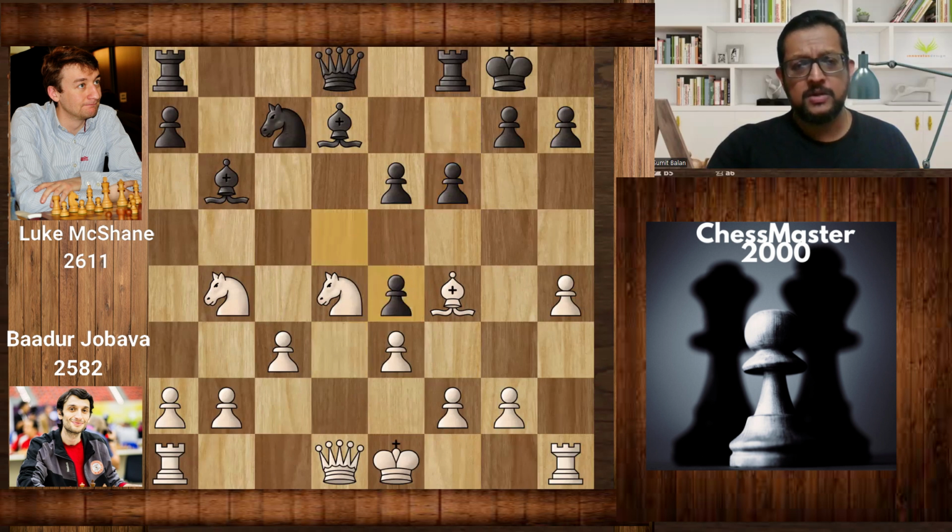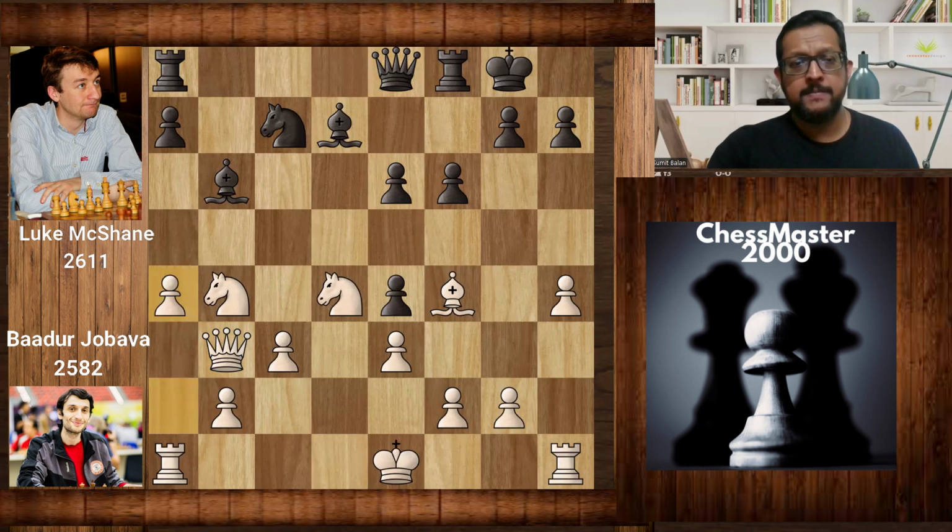Bishop takes e4, pawn takes e4, and queen b3. This is a wonderful construction. You have pressure against the e6 pawn. After, let's say, bishop takes c7, the e6 pawn will fall. So queen e8 was played, and a4, trying to kick away the b6 bishop. For that, the knight